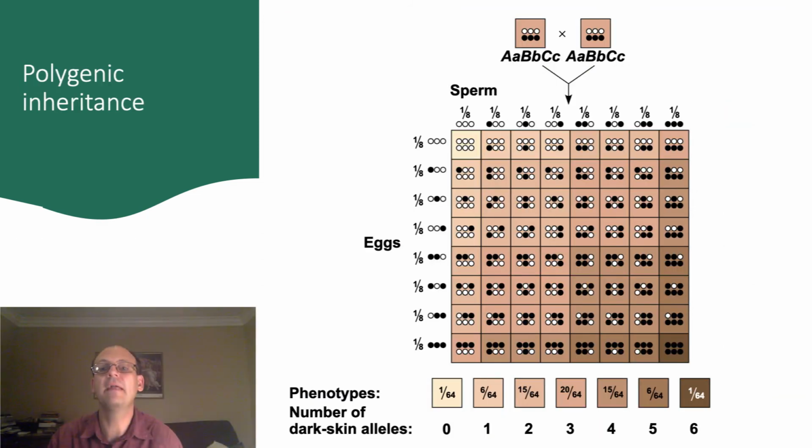Sometimes there may be many genes that affect a particular trait. Often, these are traits which vary continuously in our population. In other words, there aren't discrete phenotypes. One example is height. There are people of all heights, not just discrete categories. Skin color in humans is another good example.